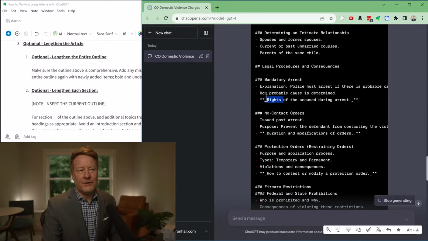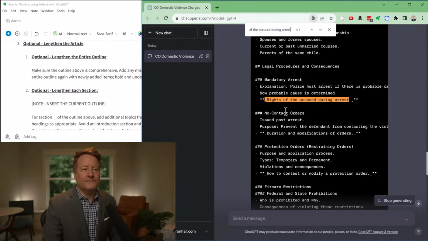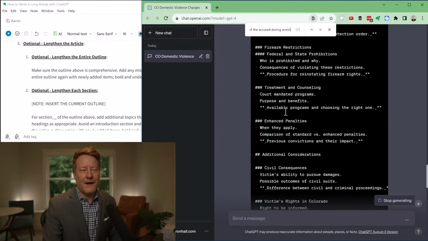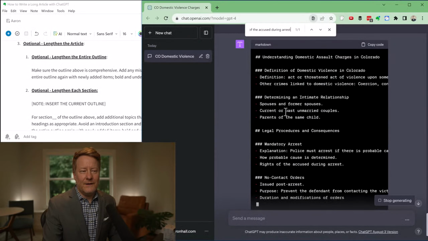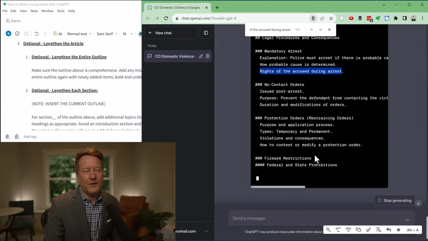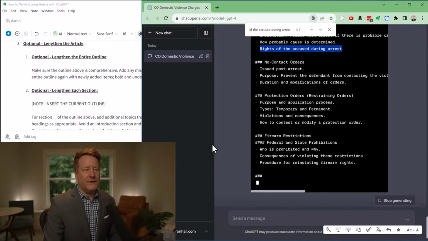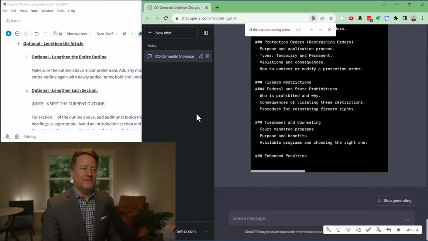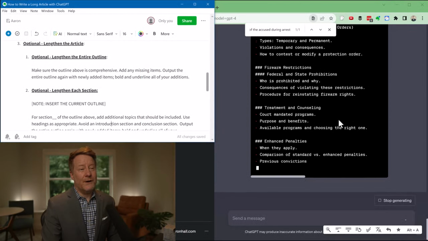So what I want to make sure is under mandatory arrest, we have rights of the accused during arrest. So I can just copy that to the clipboard and see if it comes up. Oh yeah, there it is. Rights of the accused during arrest. Great. So this is just giving us a nice outline, which we're going to come back to a number of times here.